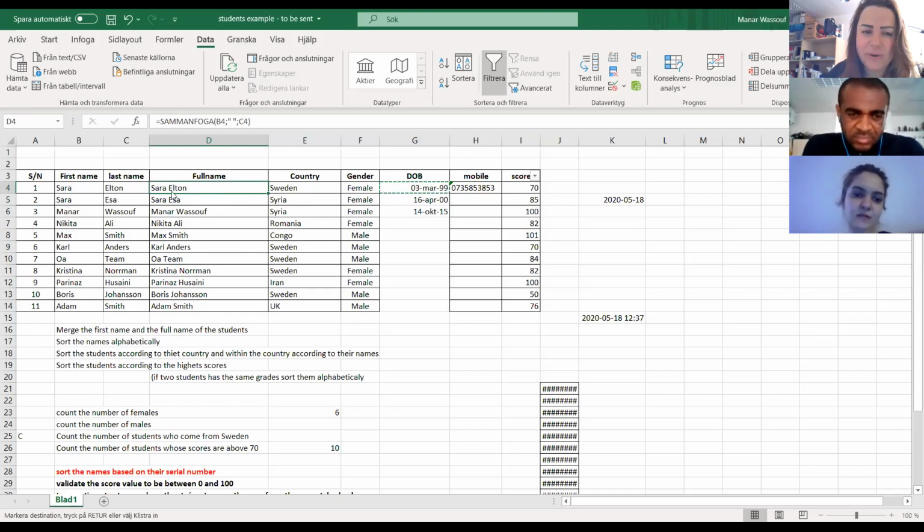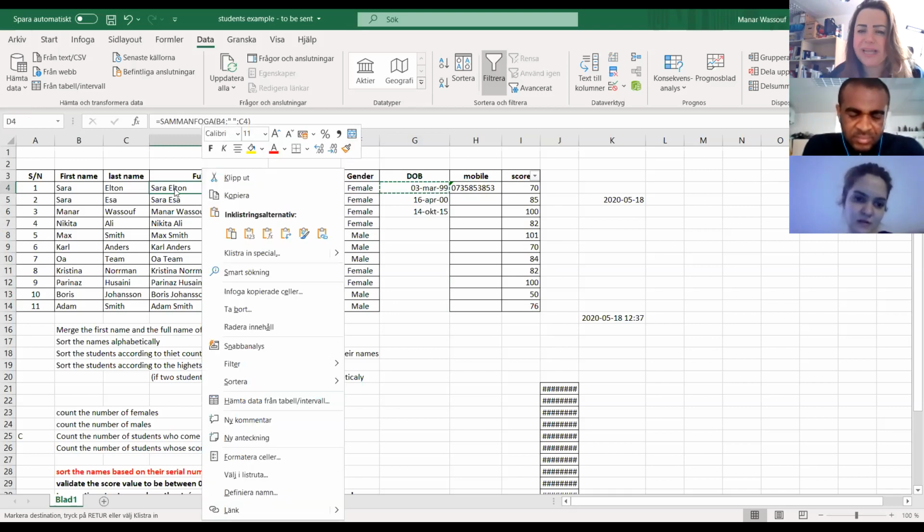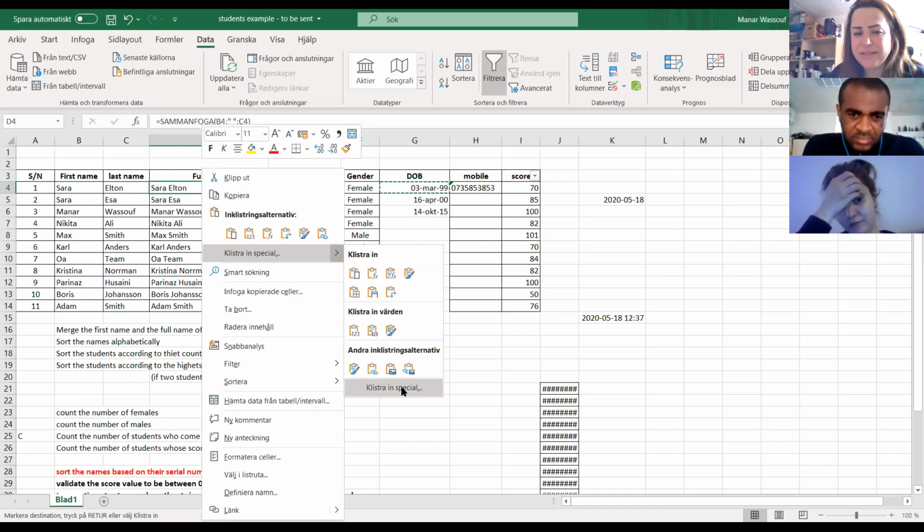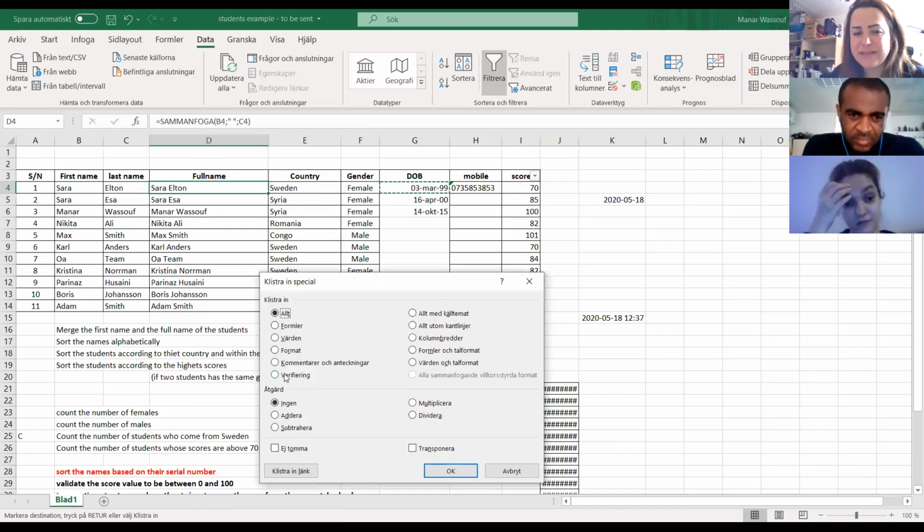I right click on the cell that I want to get the same data validation, and I go to paste special. I go to the last one, and then I choose to copy the validation, not the value, the validation, and then okay.